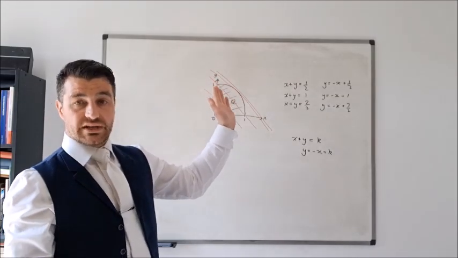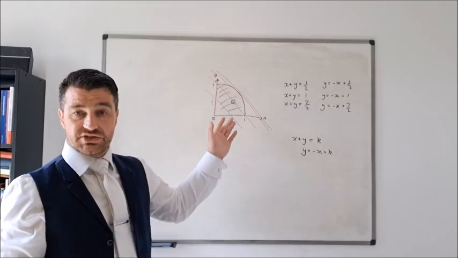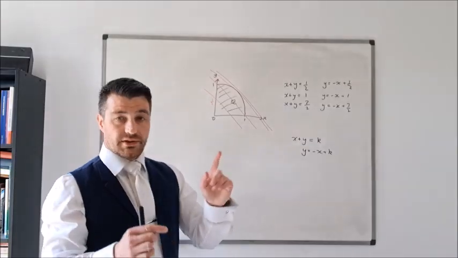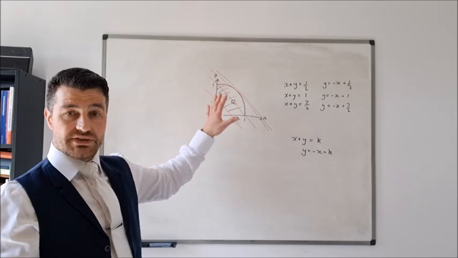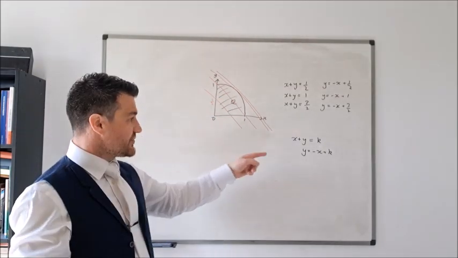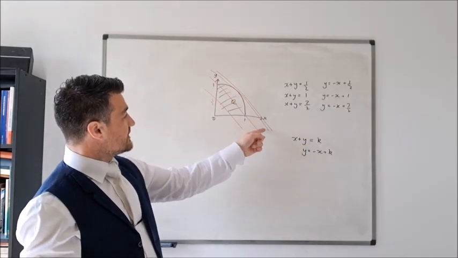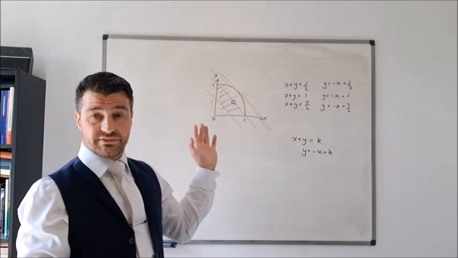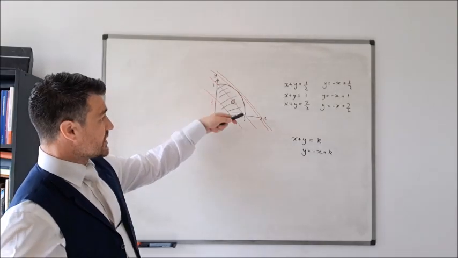But if I increase the value of k, I move the line up a little bit more, then I'm not going to get any intersection with this region Q. Remember, we need to be choosing pairs of values x and y, which correspond to coordinates of points in this region Q. Clearly, from the geometrical interpretation, I need to find the value of k for which this line is going to be tangent to the region Q, in other words, to the circumference of this quarter circle.